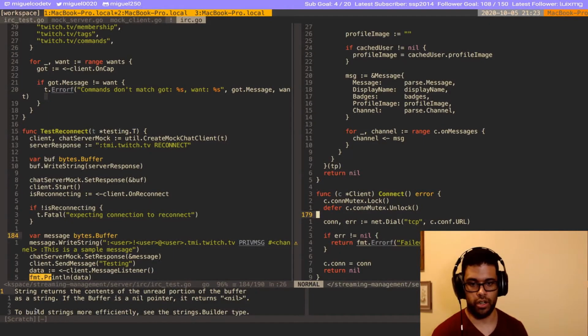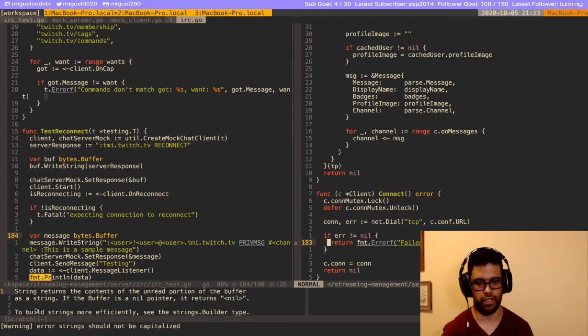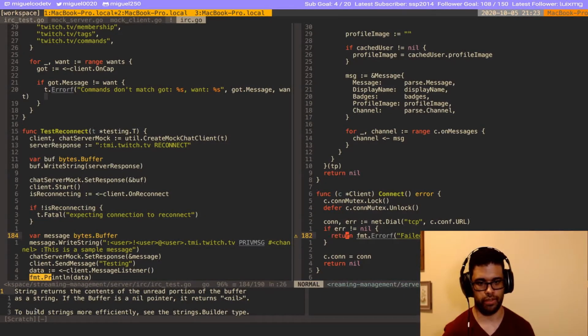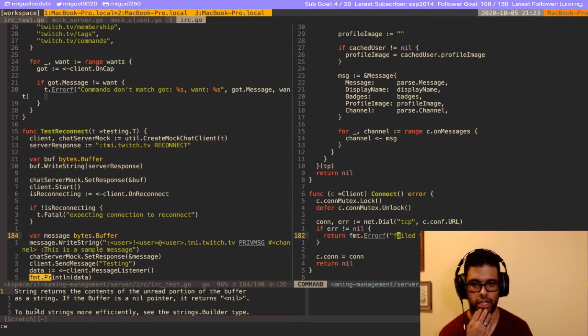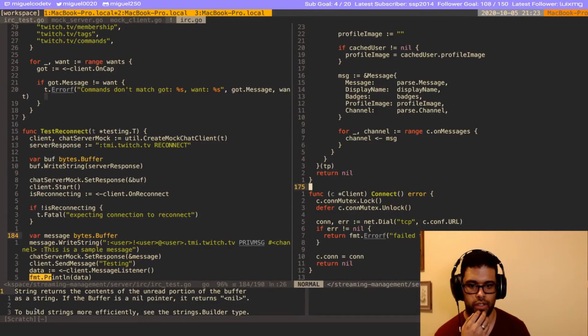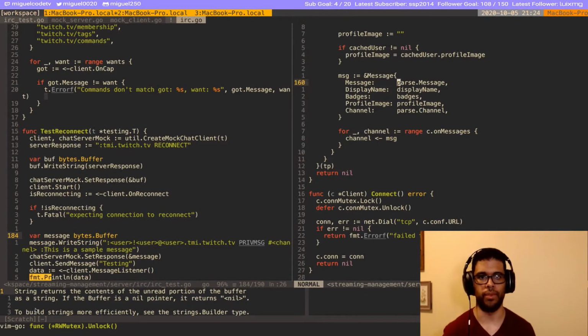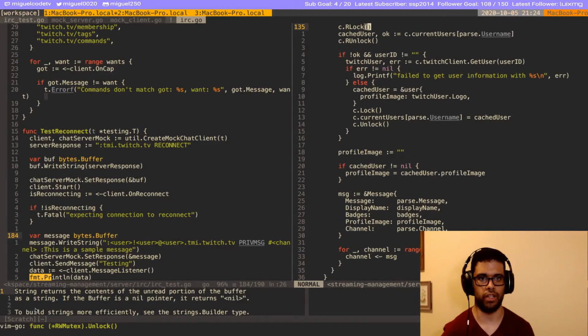So we are taking a global lock here. We return an error. This is supposed to be lowercase. Okay, so we are taking a lock of the connection. The only difference is, okay, I think I might create a bug, but let's see if this is right.